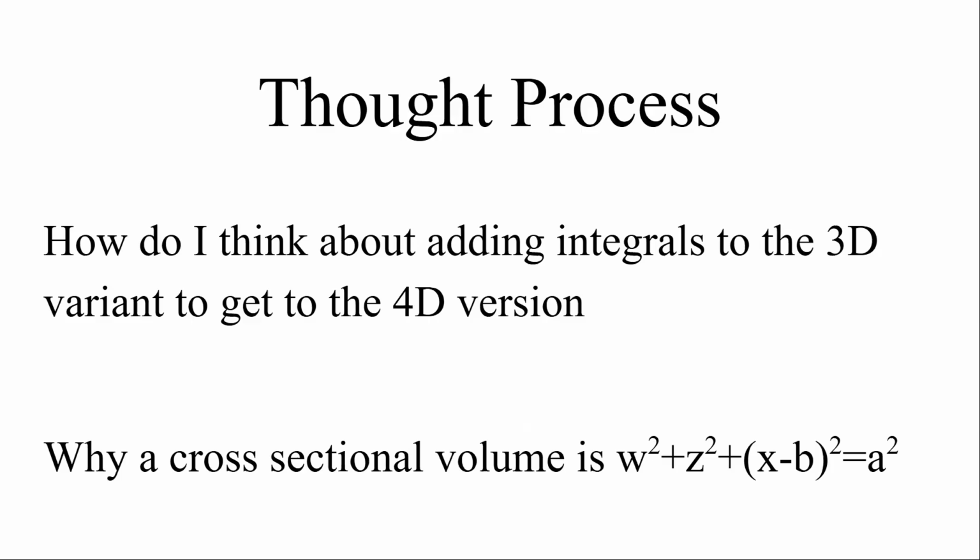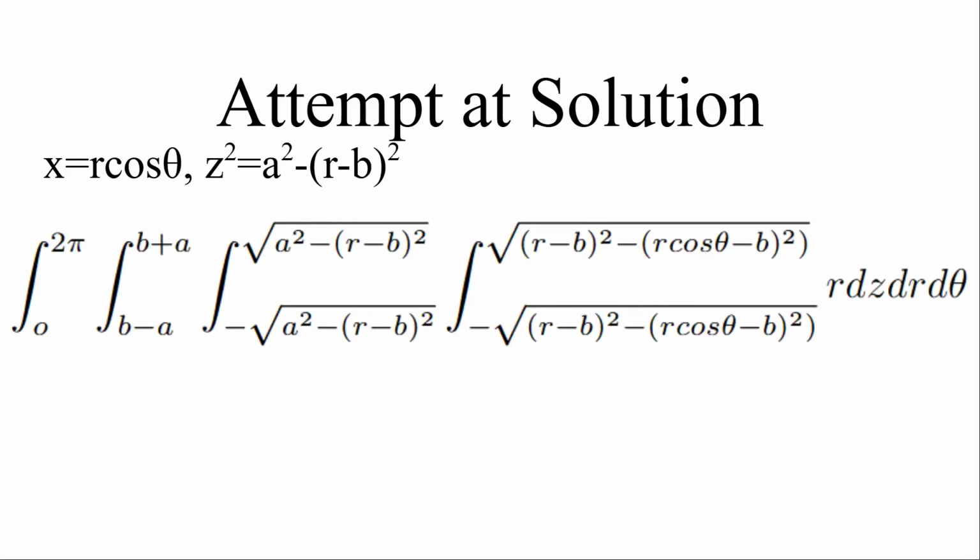And this is one of the cross-sectional points where we have two spheres. This is the equation of just one of those spheres. I only care about one. Rotating the entire thing, but you can do two examples because they're just the same. So this is my attempt at the